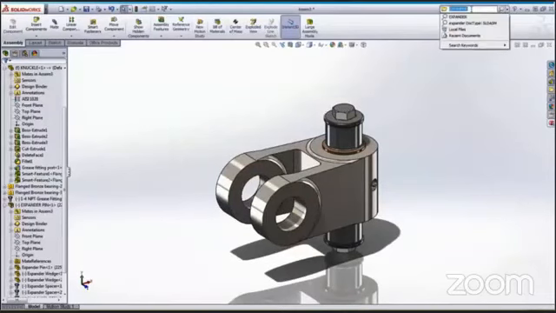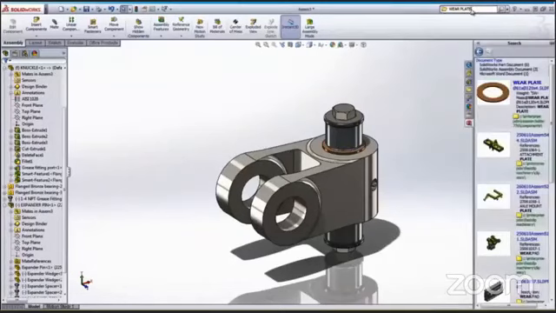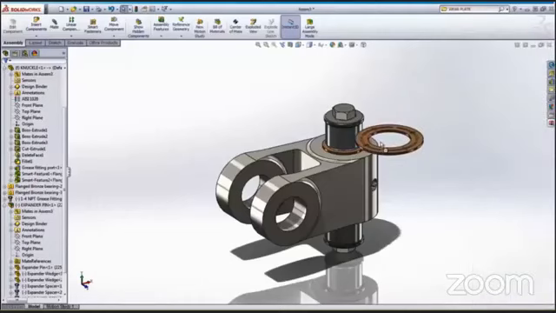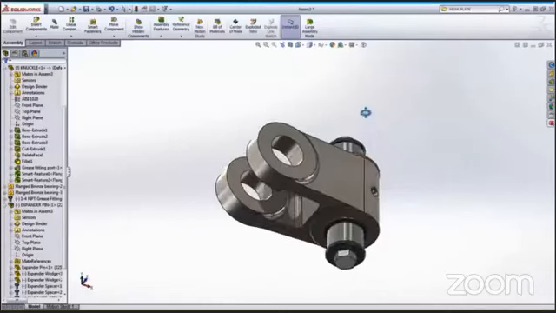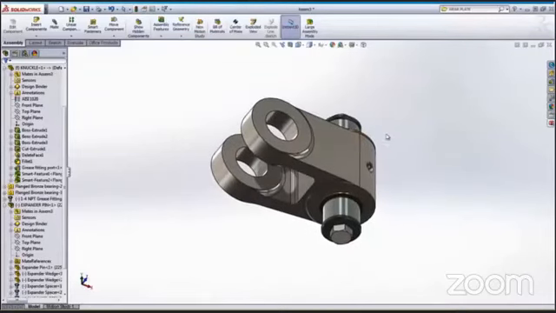Next, we will search the workplace for a wear plate at the top of the knuckle. Adding another to the bottom is easiest, holding the control key and drag and dropping a copy of the wear plate from the top to the bottom.